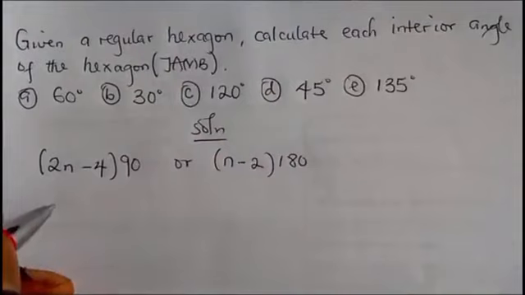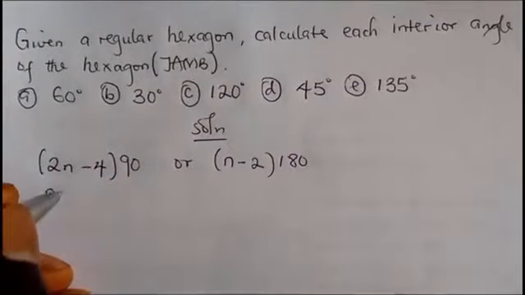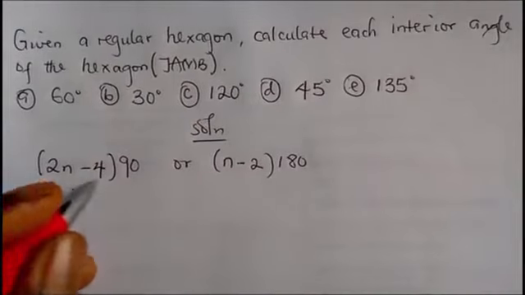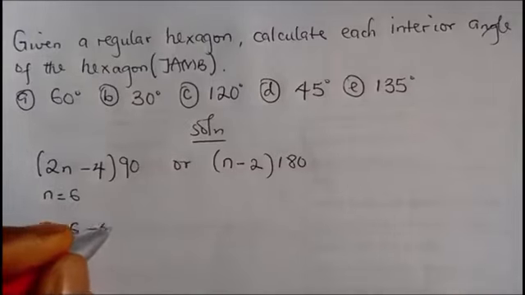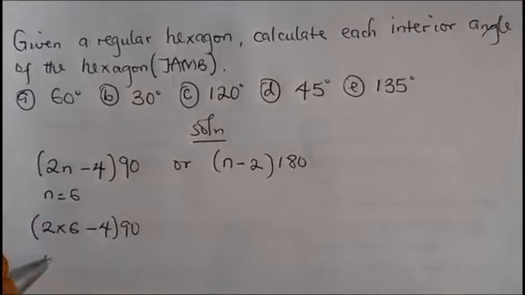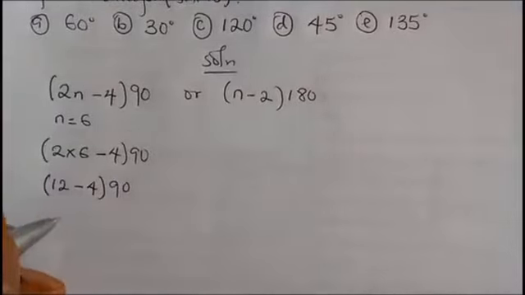Our n in this case is equal to 6, since a hexagon has 6 sides. If we are using this formula, it becomes (2 multiplied by 6 minus 4) multiplied by 90. That's equal to 12 minus 4, and we multiply the outcome by 90. 12 minus 4 is equal to 8. Multiplied by 90, we have